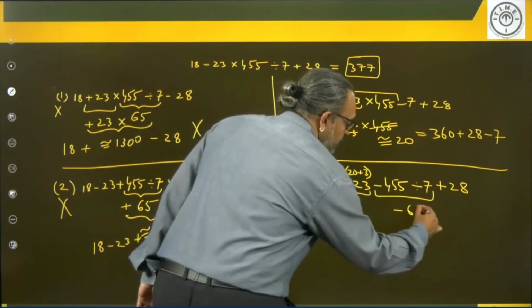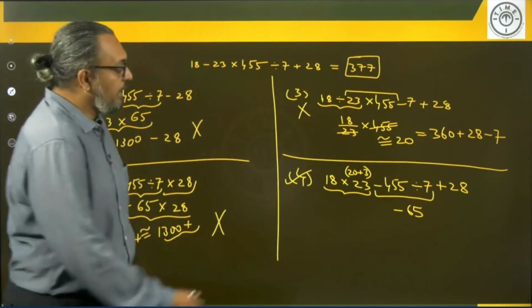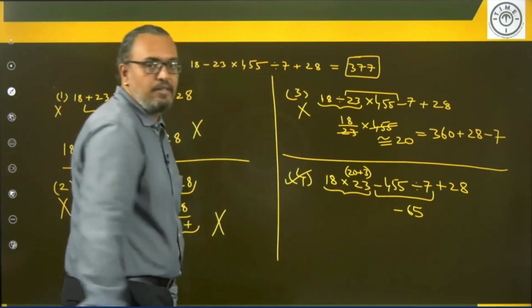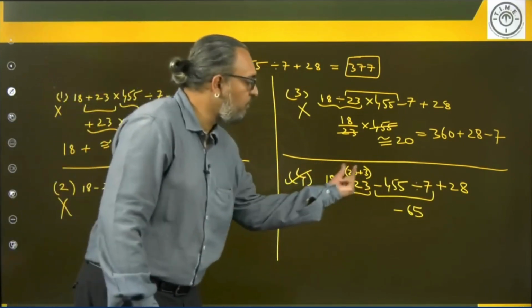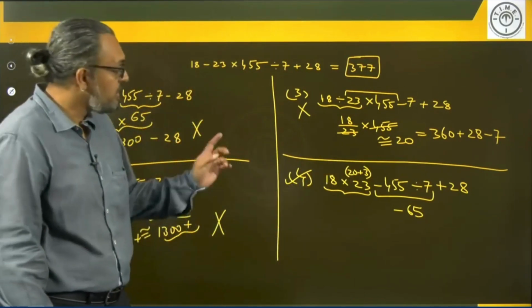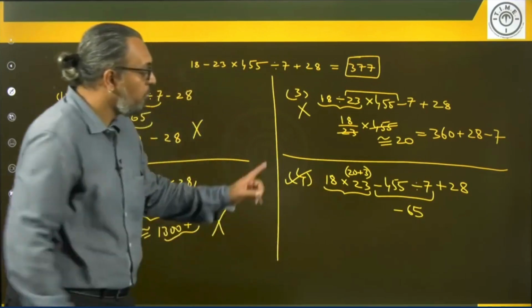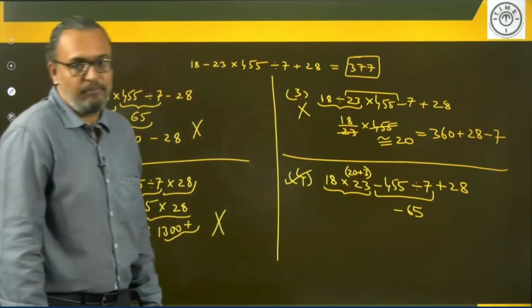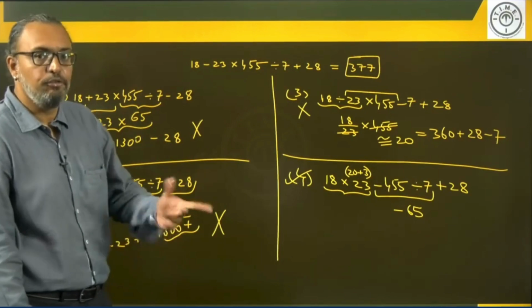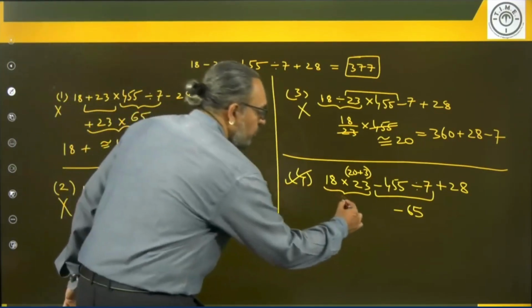So we get minus 65 here. 455 divided by 7 is 65. Now you do this 18 into 23. So manually you can split the number, multiply and add. So 18 into 20. So what is 18 into 2? 36. So which will be 360 plus 18 into 3. So how much is 18 into 3? 54. So we have 360 plus 54 gives you,